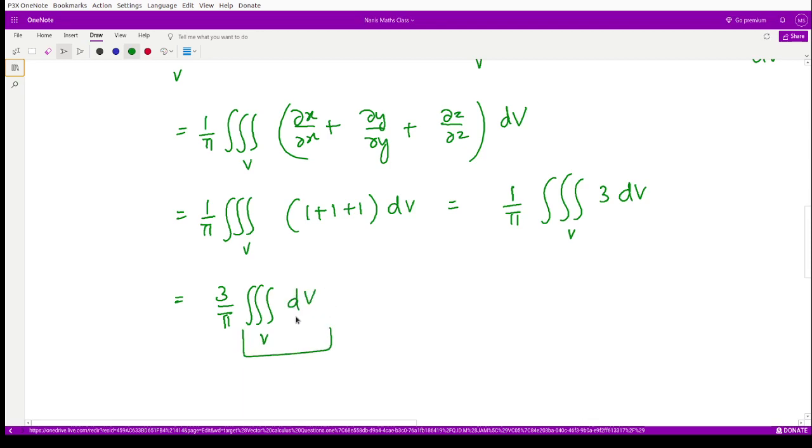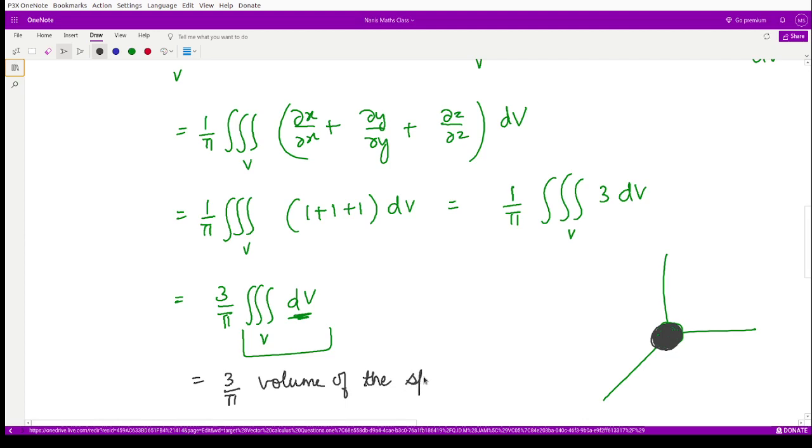You are taking some small portion of the sphere. So suppose this is our sphere. So you are taking some small portion onto this sphere and then you are performing its triple integration over the whole region. So you are taking some smaller volume portion from this sphere, right? And you're performing this integration. So finally by performing this integration, you will cover the whole of this sphere, right? So accordingly, this would become nothing but the volume of the sphere.